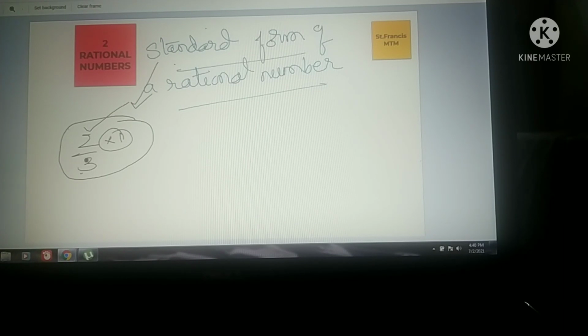What is the standard form of this rational number? Suppose we have 16 by 24. You can convert this one, right? 4 4s, 4 6. Again, you can also do this with the 2 table. 2 2s, 2 3s. Again, it will be converted into 2 by 3. So again, is there any common divisor of these two? Nothing is there, only 1 you can say. That time, this is the standard form of the given rational number. 2 by 3 is the standard form of the given rational number 16 by 24. Understood?